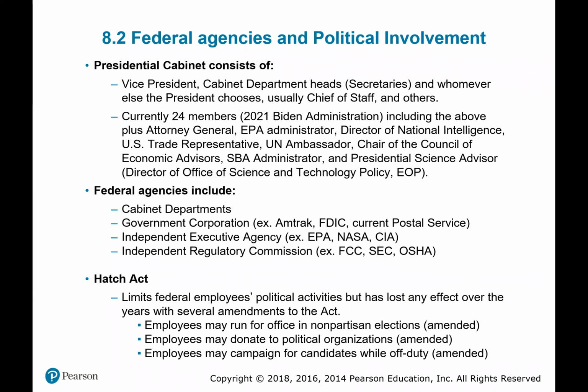And in the case of the Fed, for example, you have staggered terms so that a president can appoint someone here or there and someone retires. However, they can't just clear the whole Fed board and change everyone. That doesn't happen, or it's not allowed to happen. There's a process. Independent Regulatory Commissions, FCC, SEC, OSHA, these are usually specifically created to monitor a certain type of